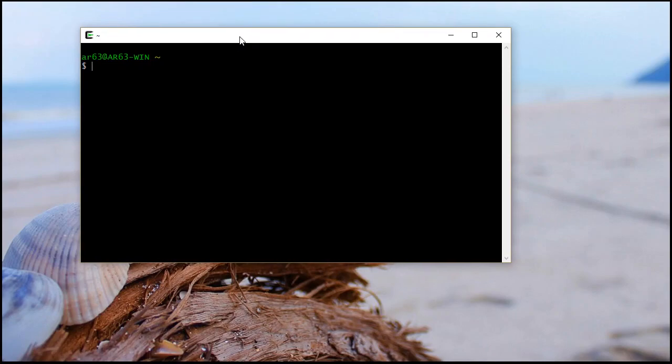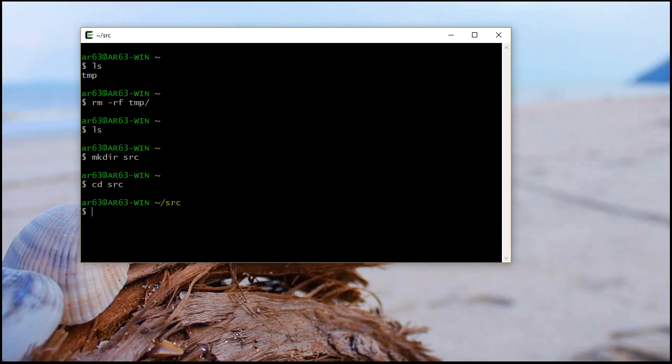You'll notice I'm capturing only a portion of my display this time and not the entire display, hoping that the resolution of the video will be a little bit better. Do a directory listing. You'll see I have the temp directory we created last time. Don't really want to keep that hanging around, so let me get rid of that. I'm going to create a source directory which I'm going to work in, and I'm going to use the Emacs editor to create just a